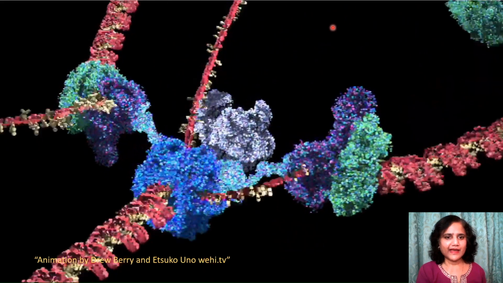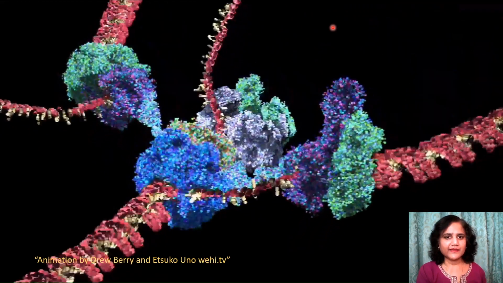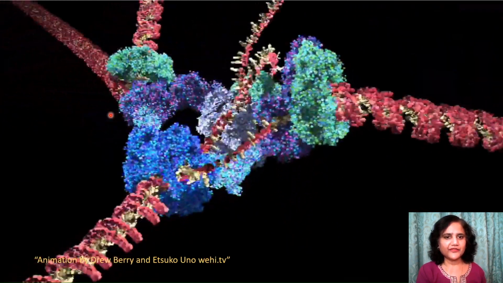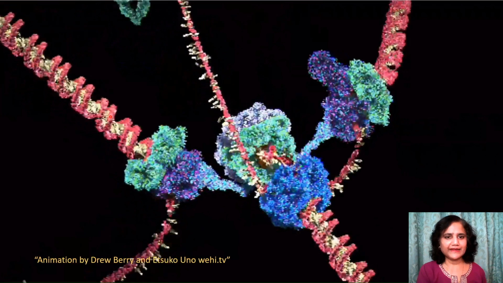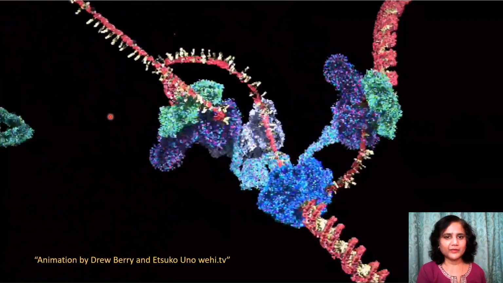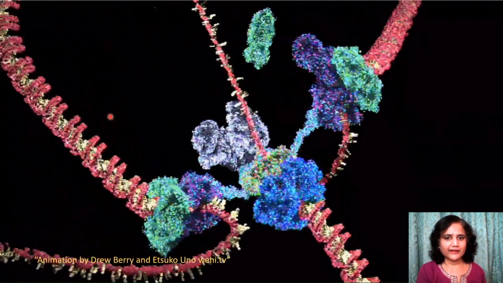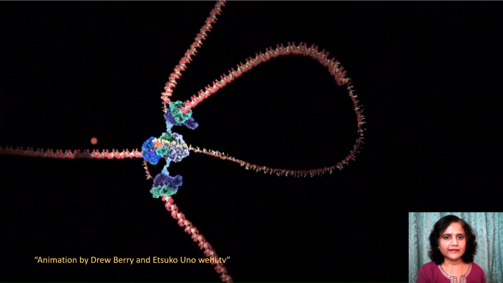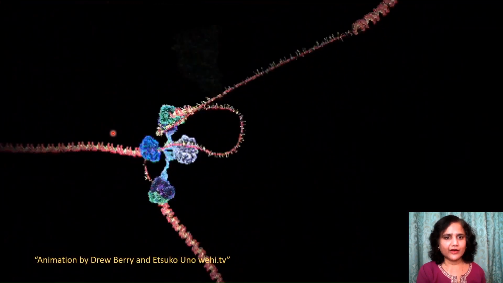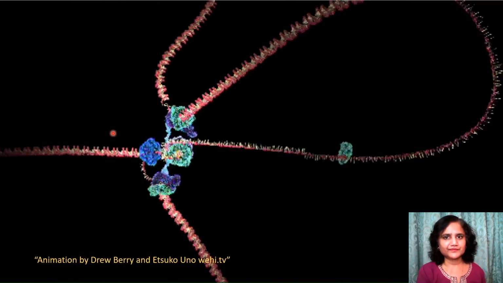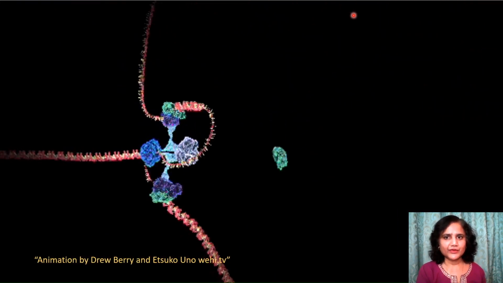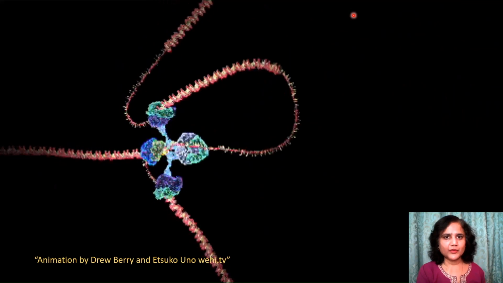So you can see actually the primase, just now it arrived and it formed this yellow primer, and very quickly the action happened where the clamp loader attached the clamp to it, and the DNA polymerase, the lagging strand DNA polymerase, became attached to it. So just watch this a little more to make it clearer.